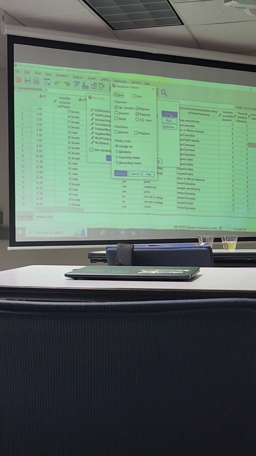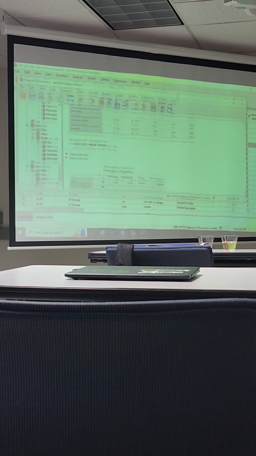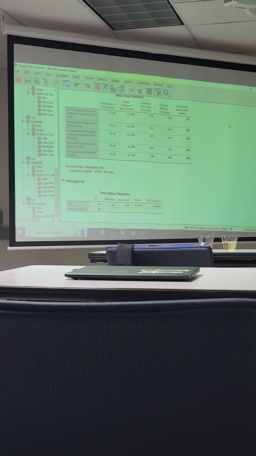Let's see if there are any options here. I'm gonna do mean, standard deviation, minimum and maximum so I can show everything that I'm seeing. So I'm just gonna use the defaults, and I'm gonna click OK. It's gonna be really straightforward. Compared to what we've been doing, this is so easy, see? All right, so now,